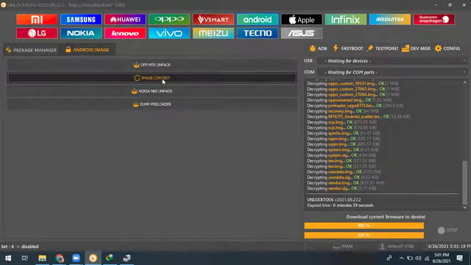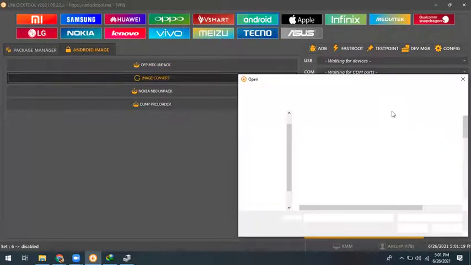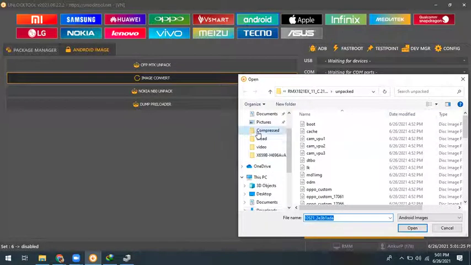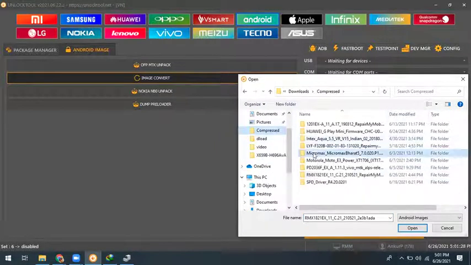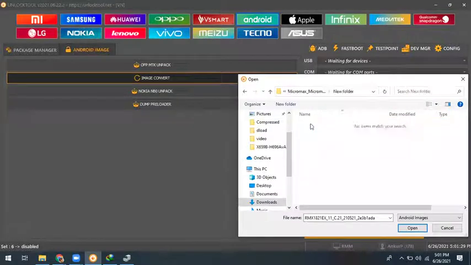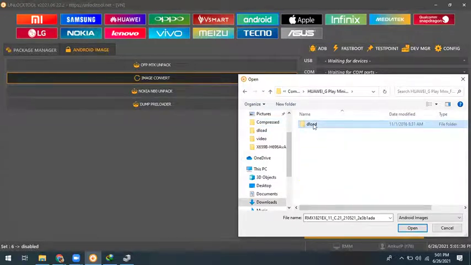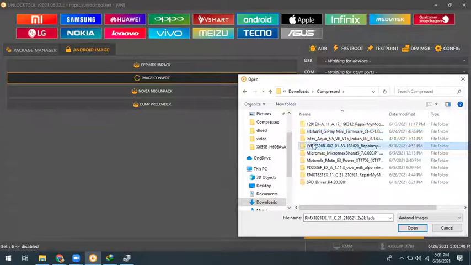In image convert file, for example, I think there is no image file here.